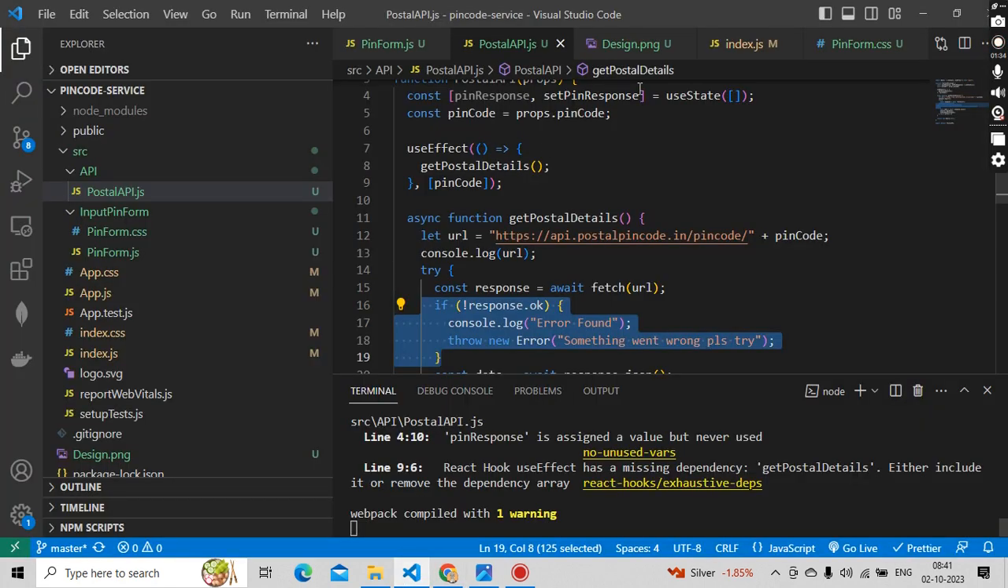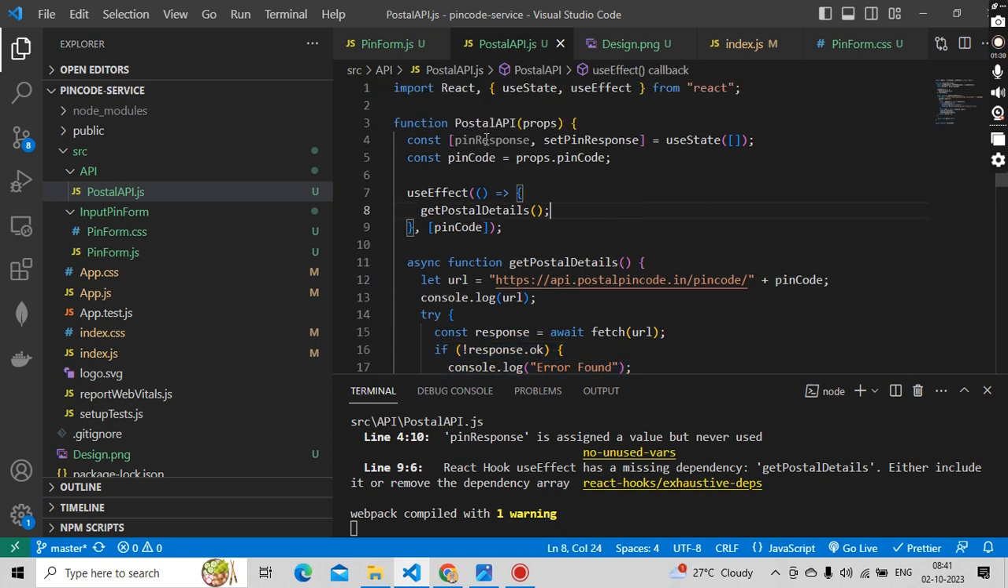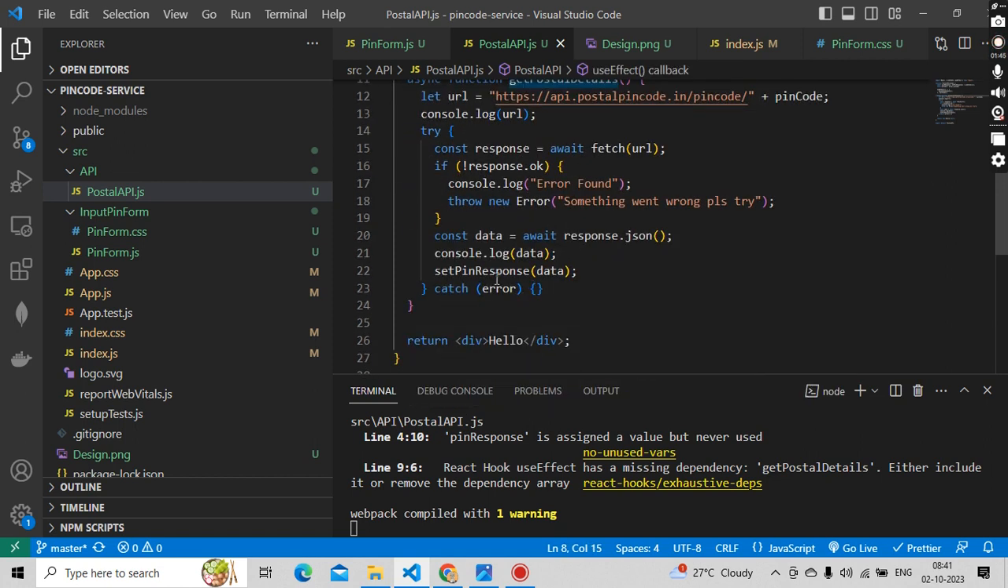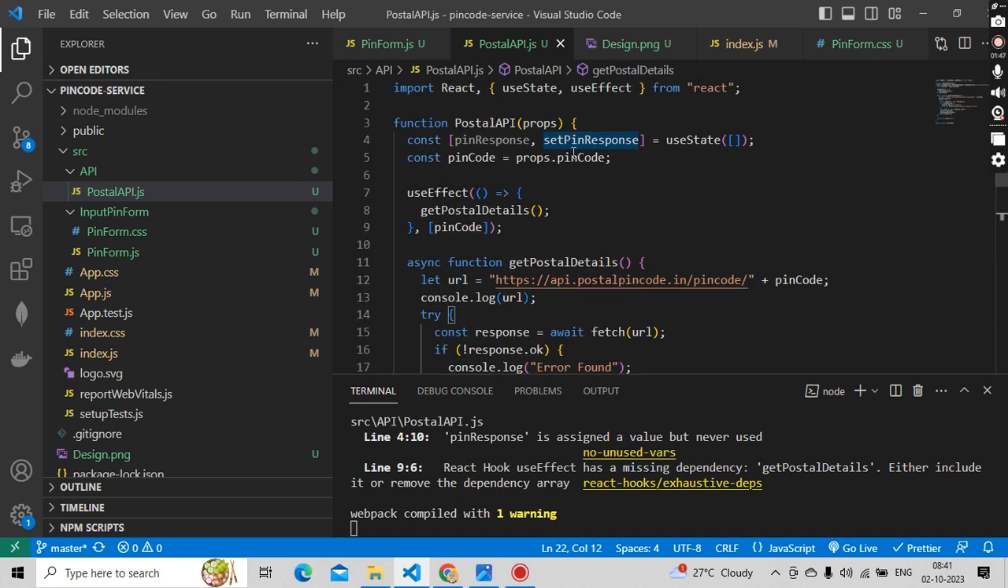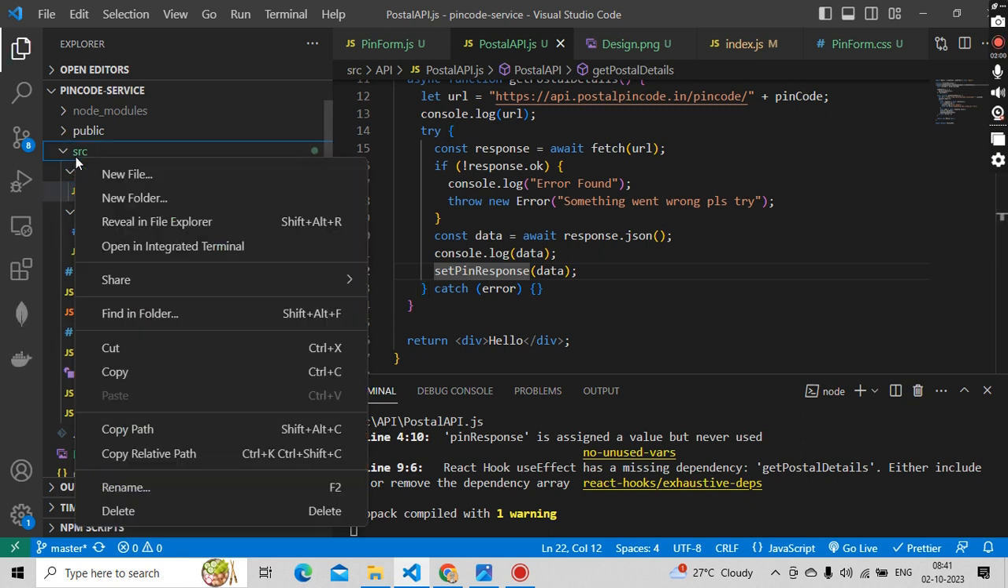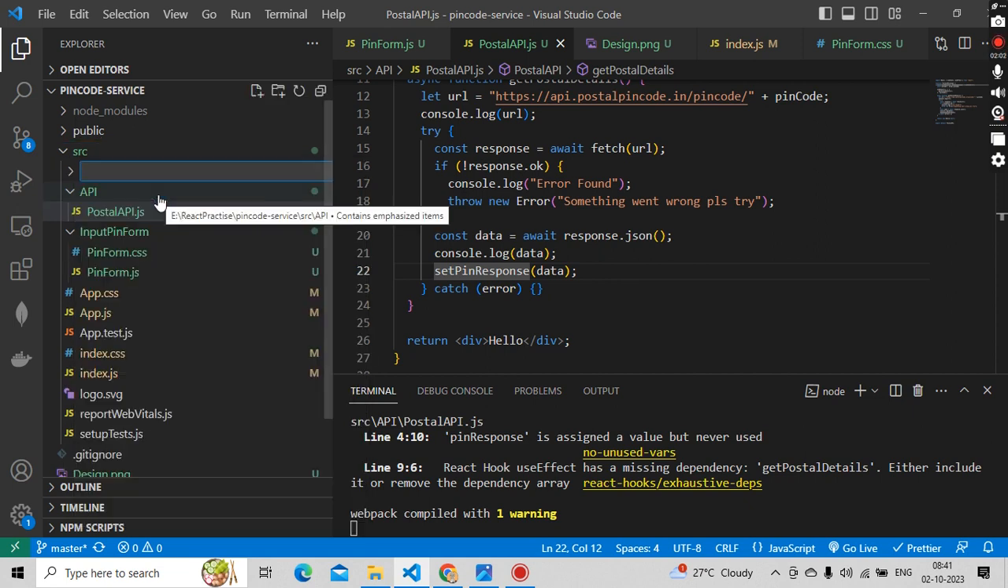Okay, so here what is happening is we have this API, right? Where we are using the useEffect and getting that function called and getting the response and setting that pin response here. Okay, this is cool, nice. But from this response, we will send it to the next component to display it in a tabular format, right? So for that purpose, let me create a folder like